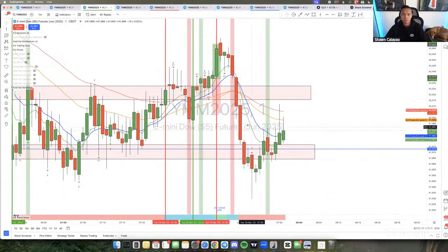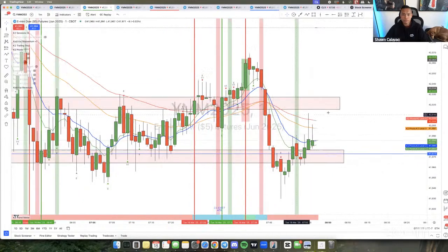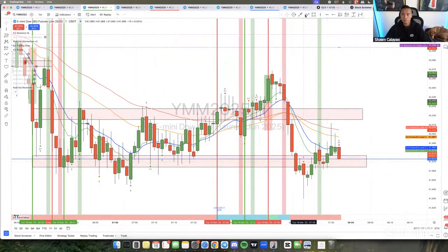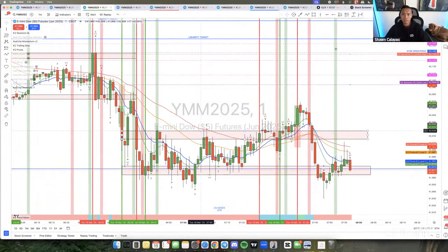If you want to trade within the zone here, I'd probably look for reversal patterns off of these zones right here. So if you see a V1 variation off the zone or an engulfing candle, then okay, take that entry. If you don't, then just don't take it. The other thing that you could possibly look for is a high-low momentum scalp, right? So a couple opportunities here, but again, I didn't take any entries,